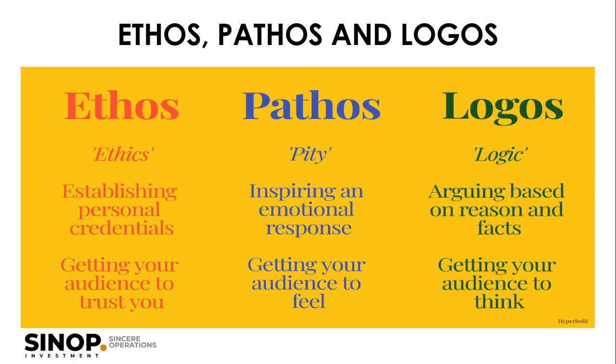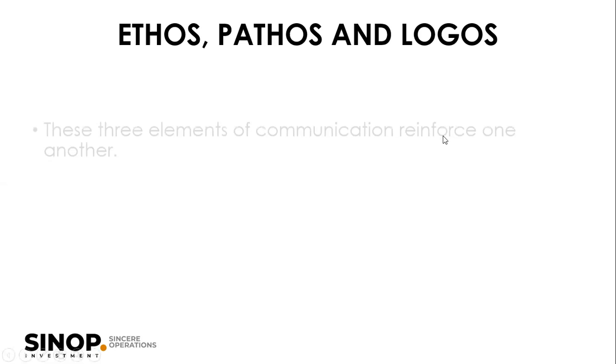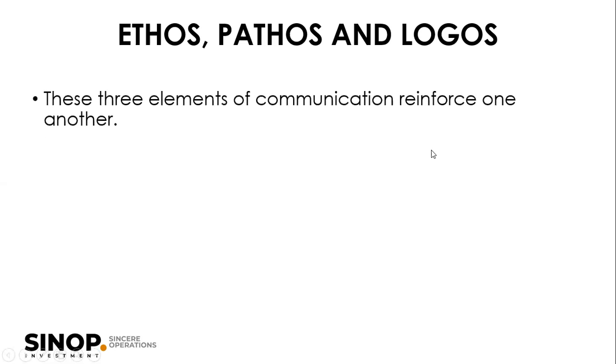Another thing too is when you are able to talk to whoever you're communicating with using an analogy, and you tell the person 1 + 1 is 2. When you have one mango and you have another mango and you put them in the basket, you have 2 mangoes. So that is logic. And there's no way the person can doubt what you are saying. So these 3 elements are ethos, pathos, and logos. And they play a very critical role in our communication. They reinforce one another because you can't leave one without the other.